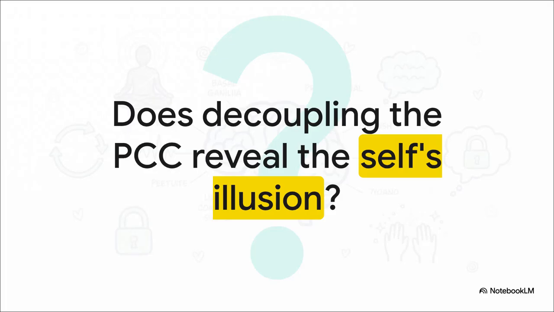I want to leave you with this final thought today. If we can use precise, contemplative techniques to intentionally decouple the posterior cingulate cortex, literally allowing us to view our most terrifying, deeply personal, intrusive thoughts as mere transient data points, what does that reveal about the neurobiological illusion of the self? It challenges us to consider how harnessing network flexibility doesn't just treat obsessive-compulsive disorder, it fundamentally alters the architecture of human consciousness.